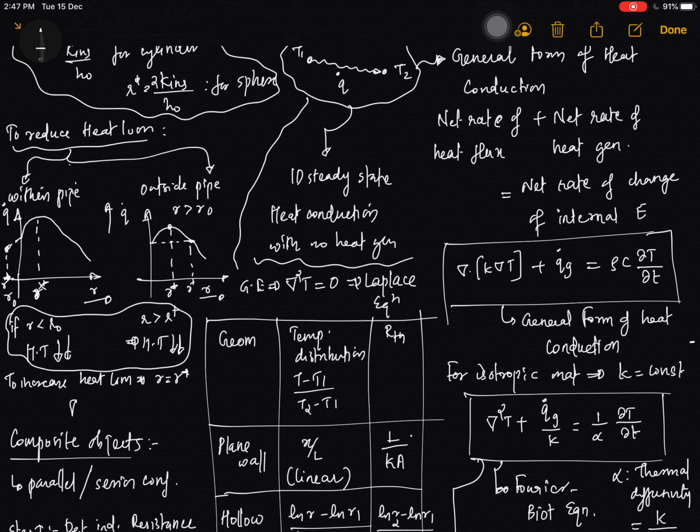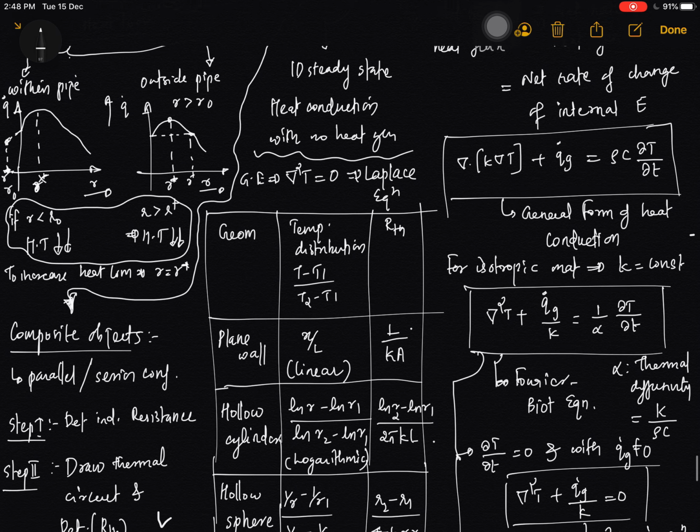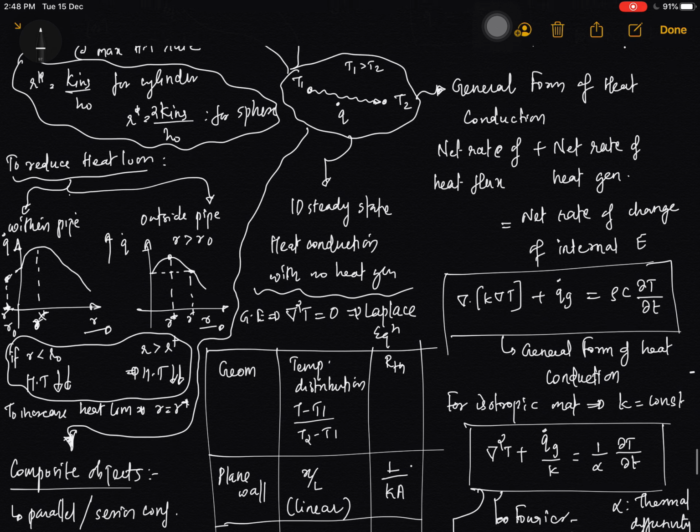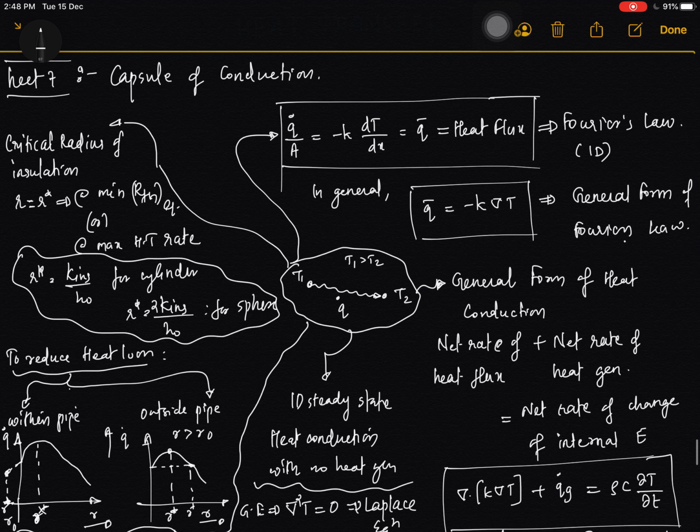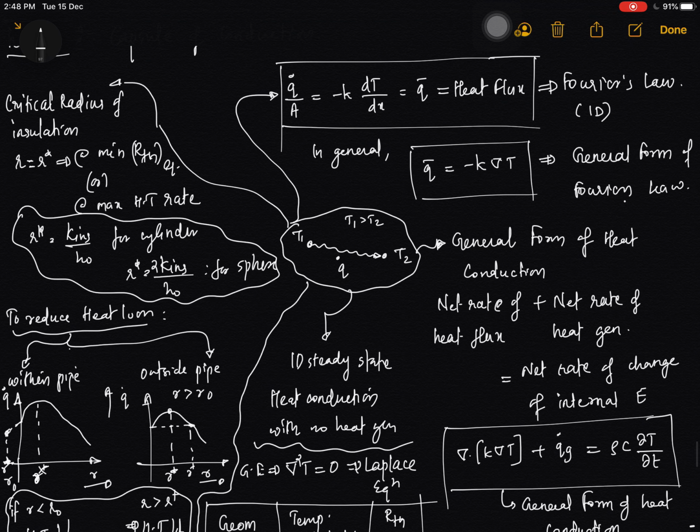So that's it. These are all the things that we studied in heat conduction. Okay, so this is the under cap